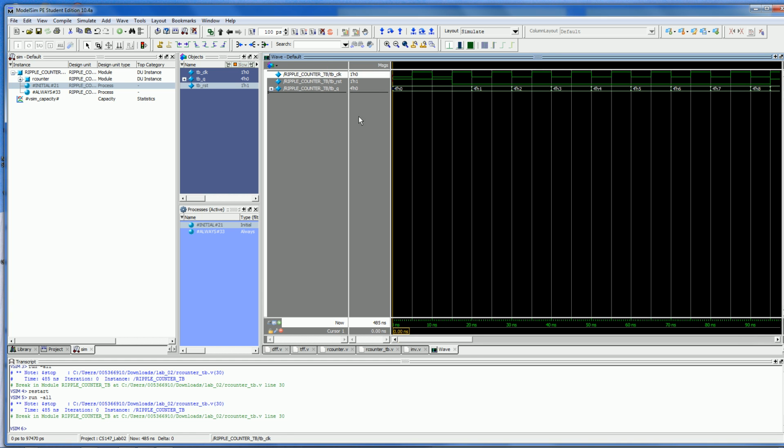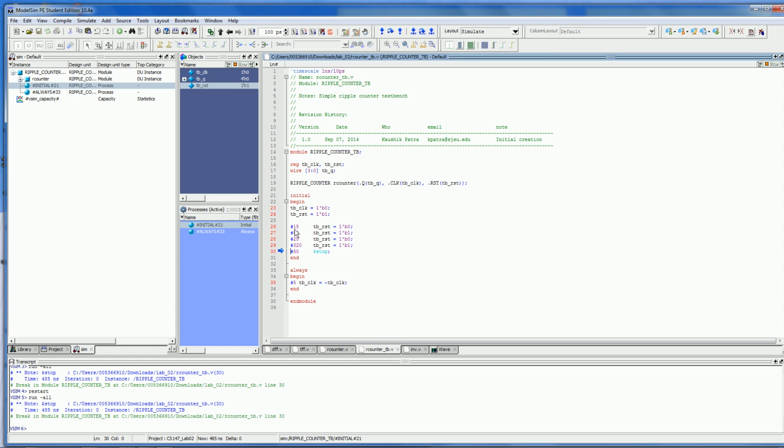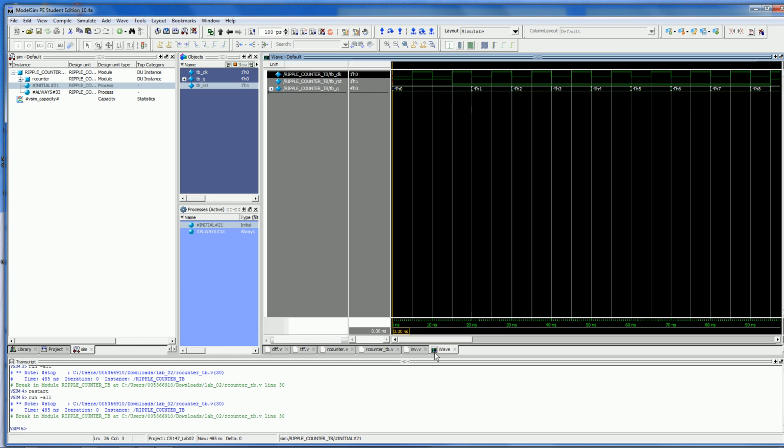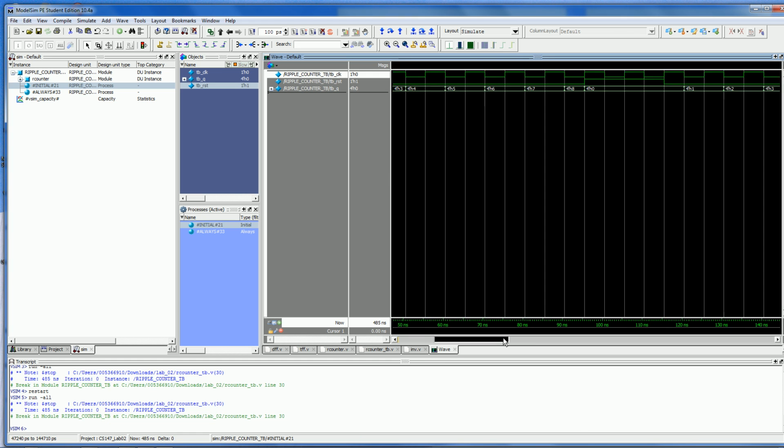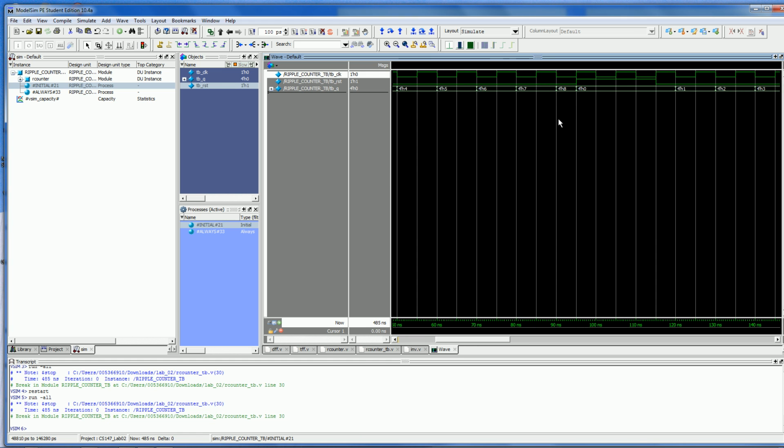Okay. Now see, at 10-15 nanoseconds, the reset signal went down as we defined here, to make it down. Then after 80, that means we'll see at 95 nanoseconds, TB reset will go up again. Let's see, 95. Here, this is 90. Yeah, this is 95. It goes up again, goes down as we told it. And let's see what is the output of the